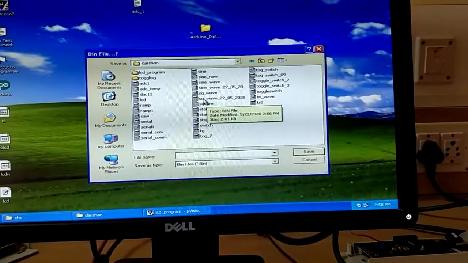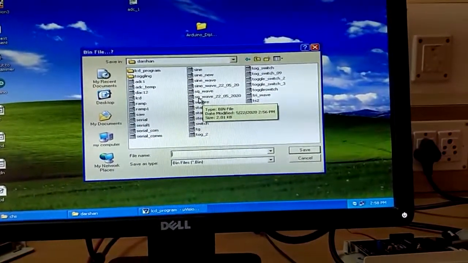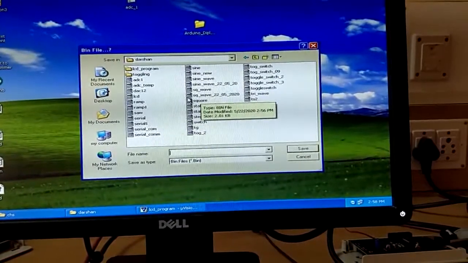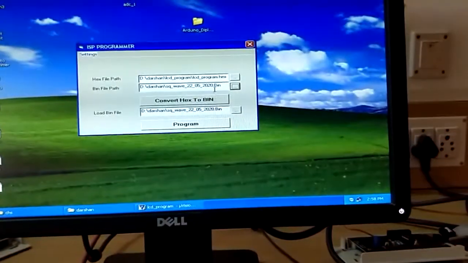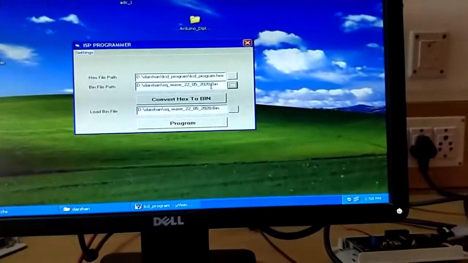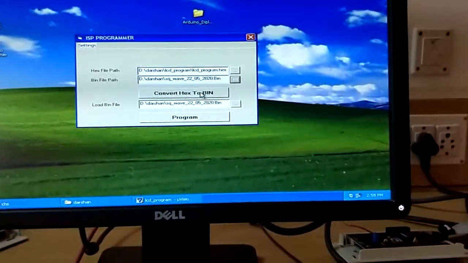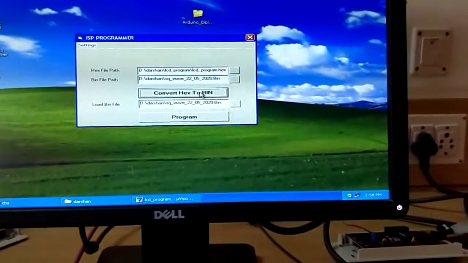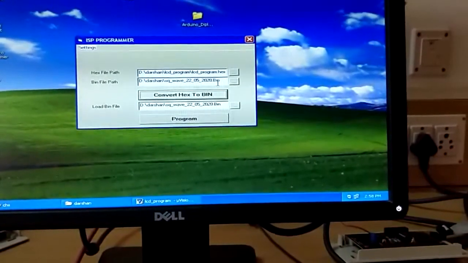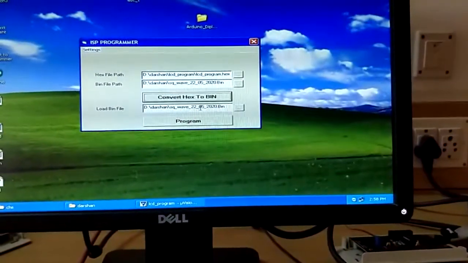I have already given the binary file name as square wave. So select this, and along with that you have to provide the extension .bin and click on convert hex to binary. Thus it generated the binary file of the square wave.